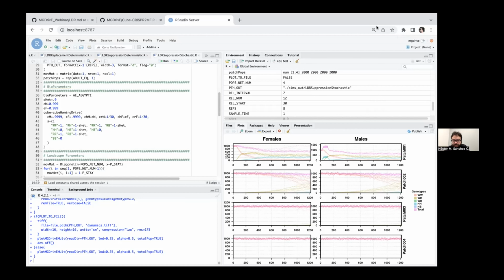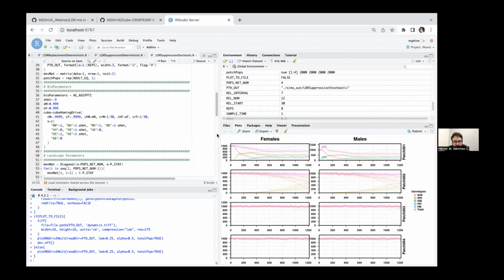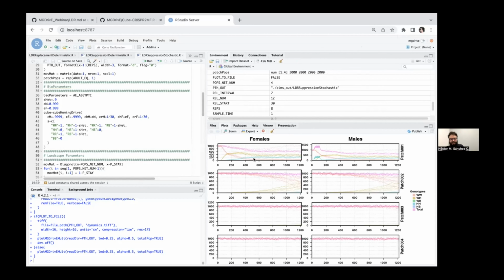Awesome. Well, the simulation already finished. So as we can see, the way I set it up, it deleted the previous plot, but we can see that the dynamics of the population are extremely different from the deterministic version. So this would be one of the cases in which using the deterministic version would probably break down